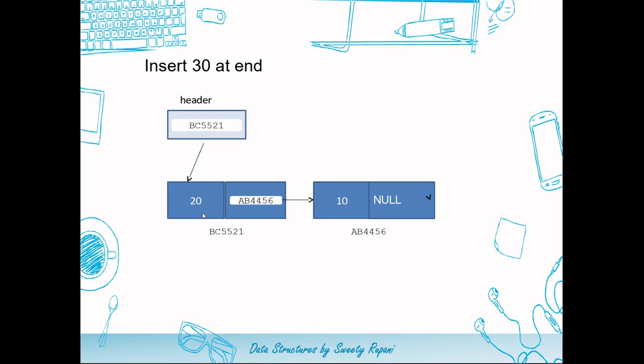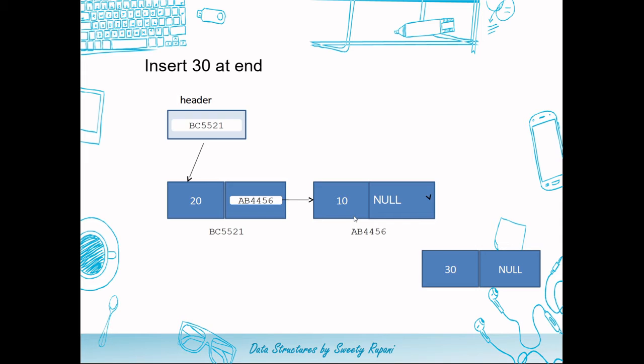Now let us insert the value 30 at the end of the list. In order to insert a value at the end, every time you'll have to start your journey from the first node. The address of the first node you would find in the header field. From the header we are going to iterate till we reach a node where the address field or next field has a value null. We will continue jumping from one node to another unless and until we find a node whose address field is null. So we will create this 30 node as usual.